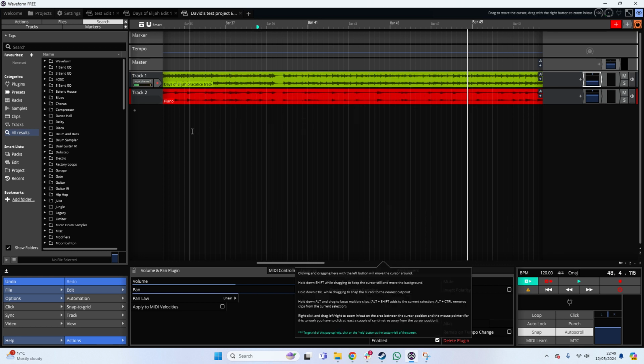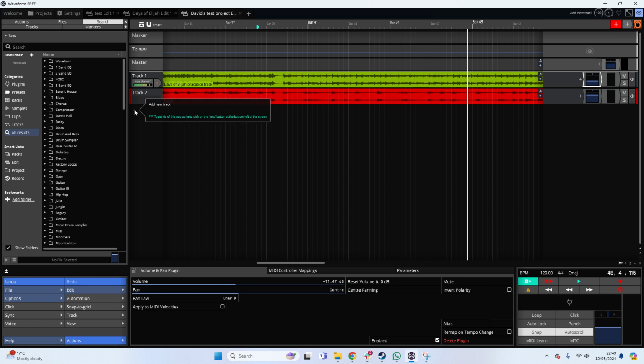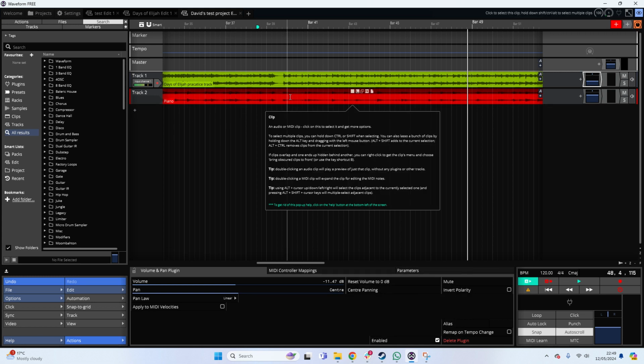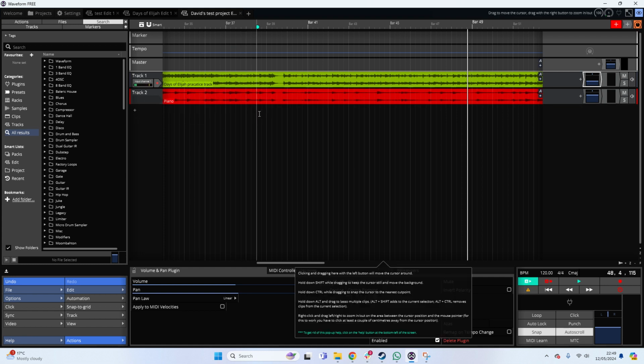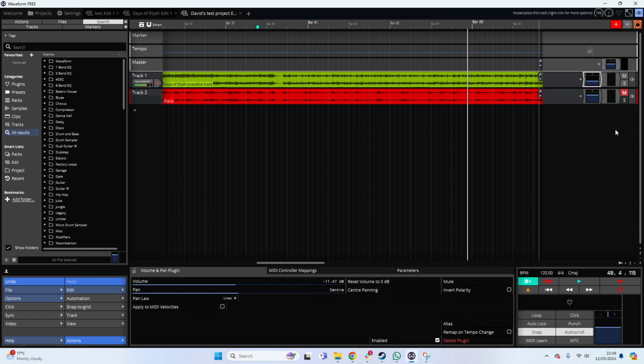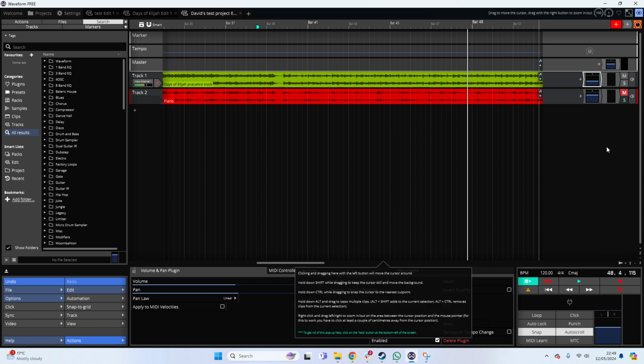You can load more tracks. If you want to learn piano and organ, put piano in one, create another track, put an organ into the other one, and then you can just mute the one that you don't want to listen to in that particular moment, hit play,